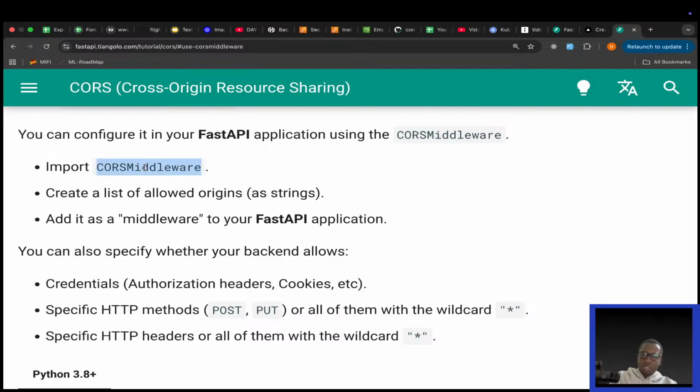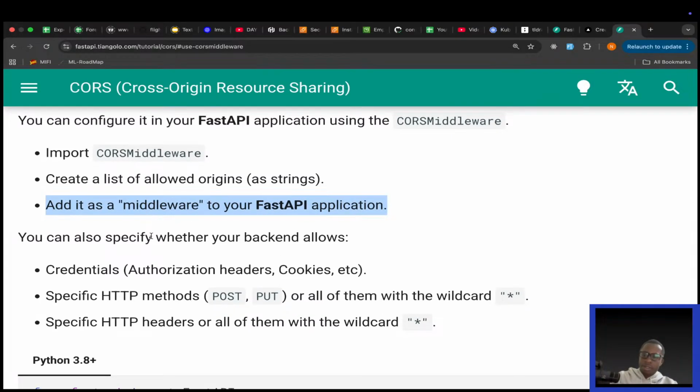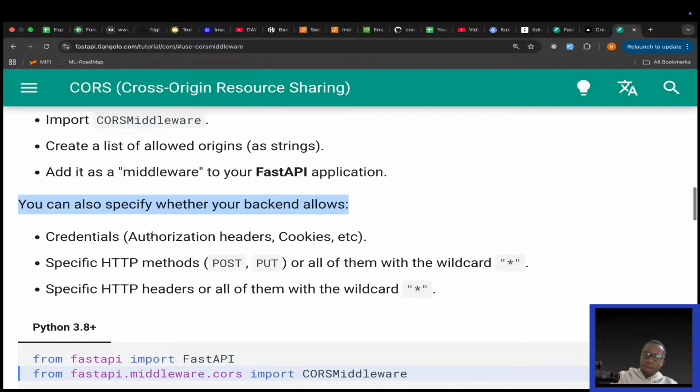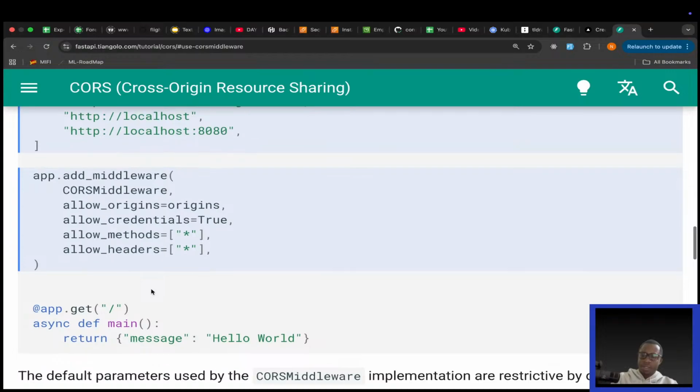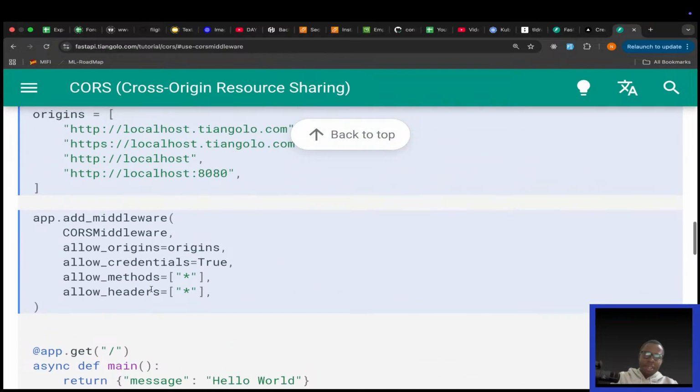So they're saying import the CORS middleware, create a list of allowed origins, add it as a middleware to your FastAPI application. So you can see you can specify whether your backend allows credentials, specific methods, specific headers, etc. Okay. So I think I did this when I was studying